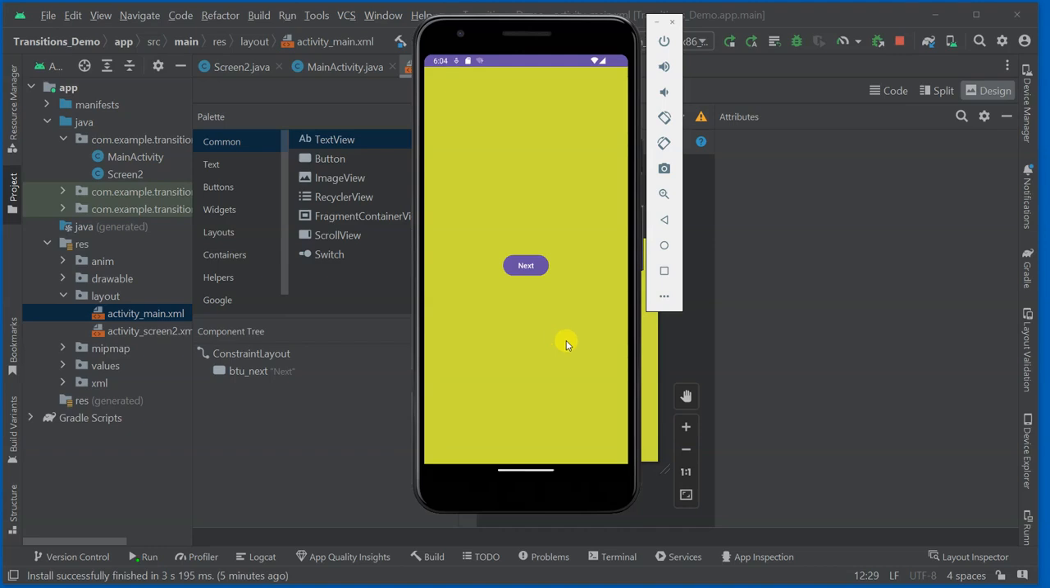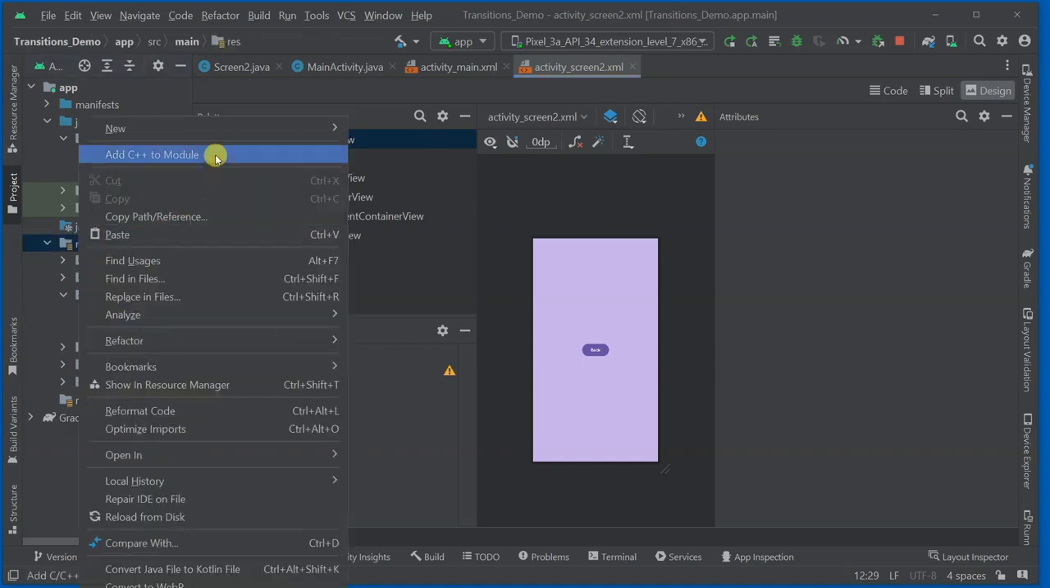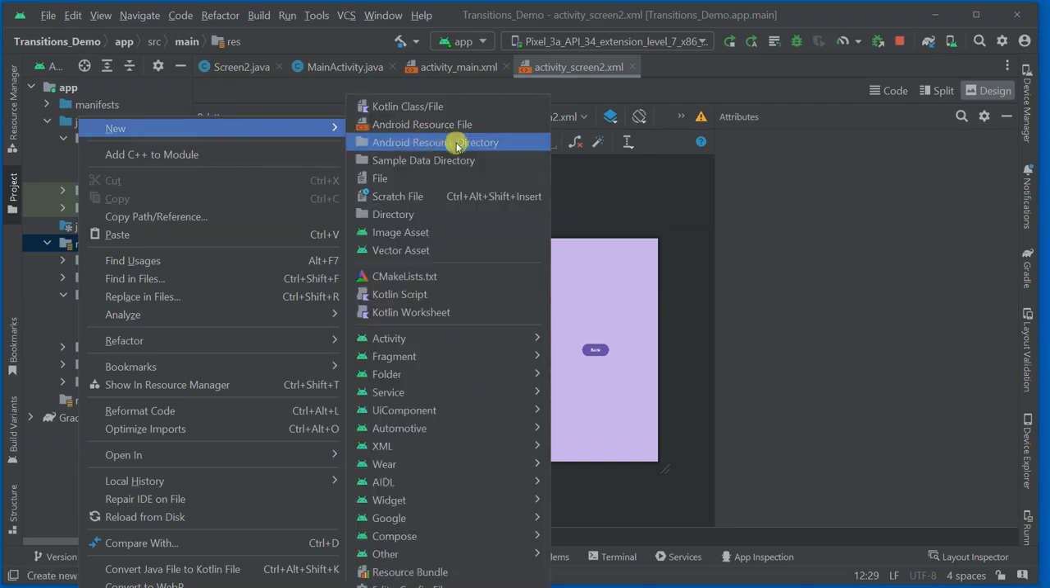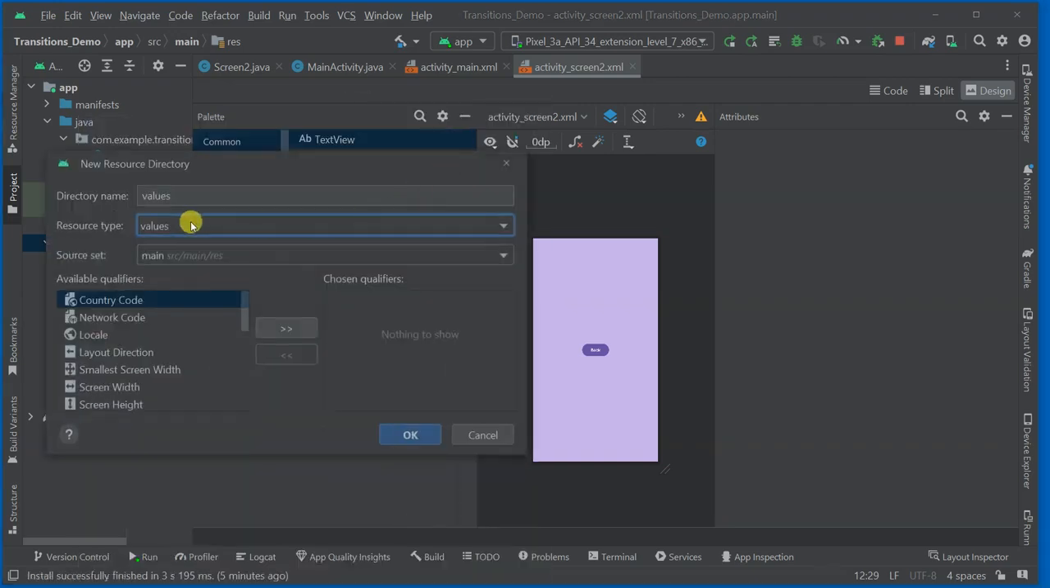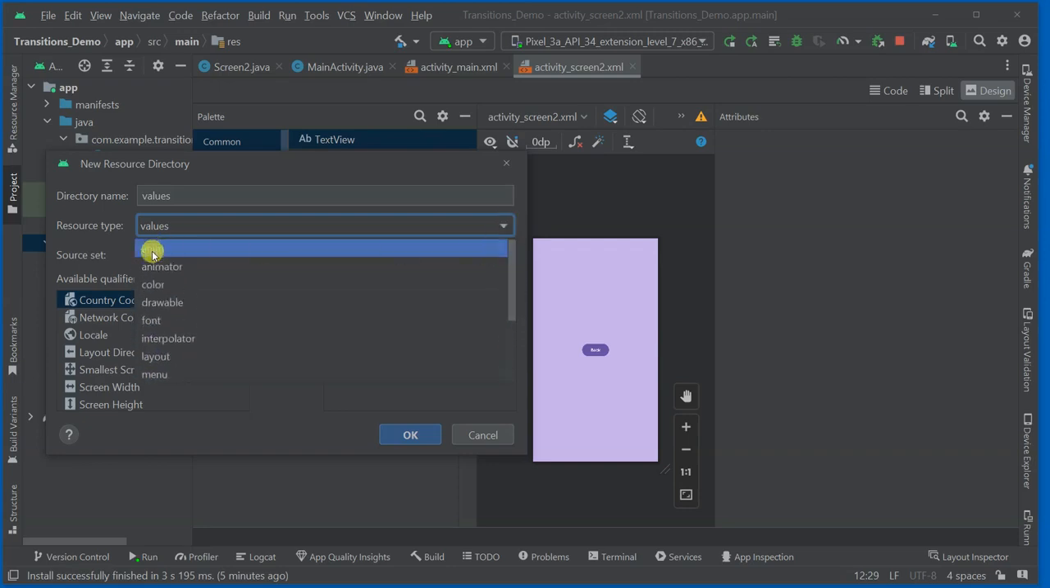Okay, so how did I do that basic transition? Well, as you can see, I have my activity main with one button on it, my activity screen 2 with a back button on it. So the first thing I did was I created an animation folder like I did with View Flipper. So I did a right click, new, Android resource directory, and under values, click down and choose animation